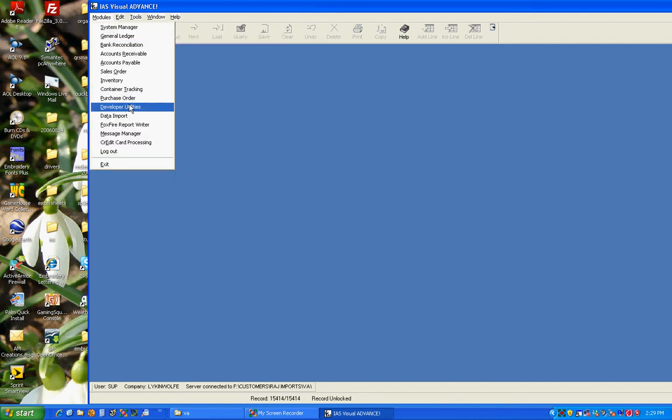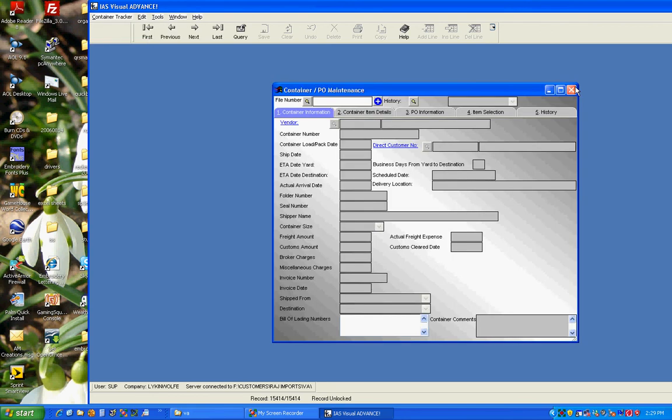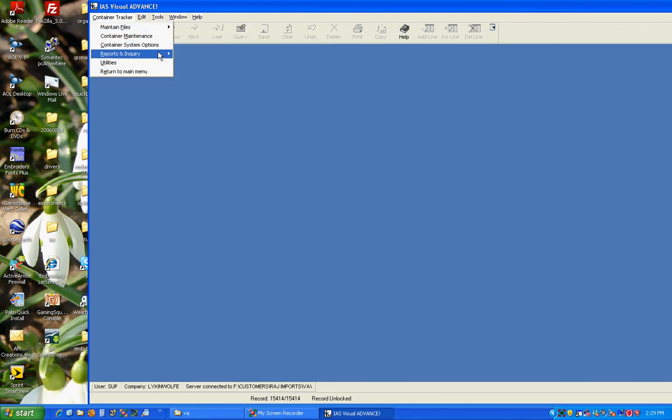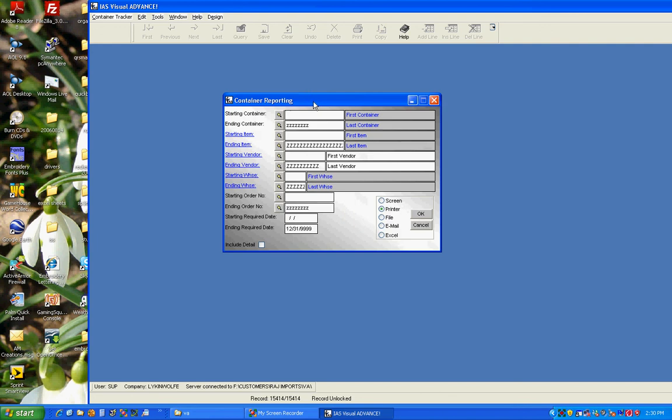Go back to container tracker. There really isn't anything else left to do in container tracker except the reports. So if I ran a report by vendor, one of the things I didn't show you is the ability, I don't think that's active. Some of the modules allow you to do an individual query. So if I do this right here,